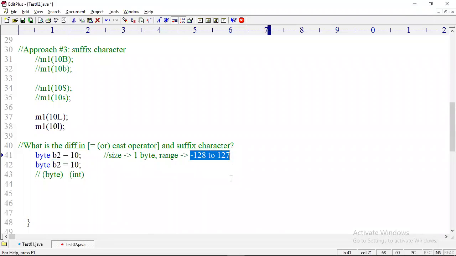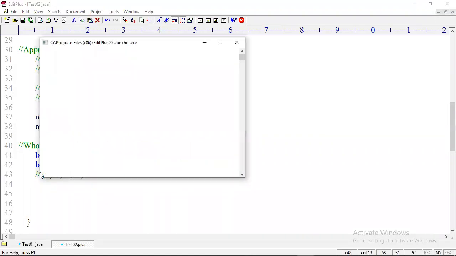Now I am trying to assign byte b3 equal to 150. What is 150? I am telling you it is int. After assigning, it is what? Byte. So observe, if I write 150 here, the compiler will throw an error.